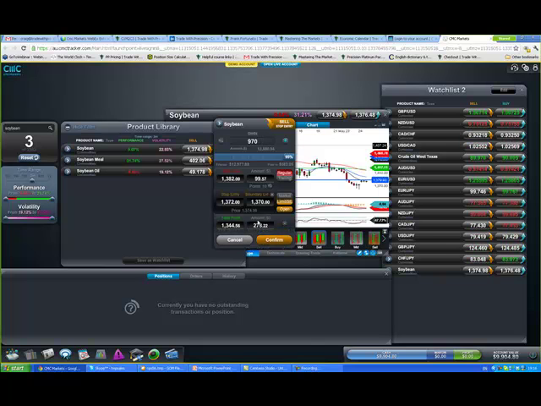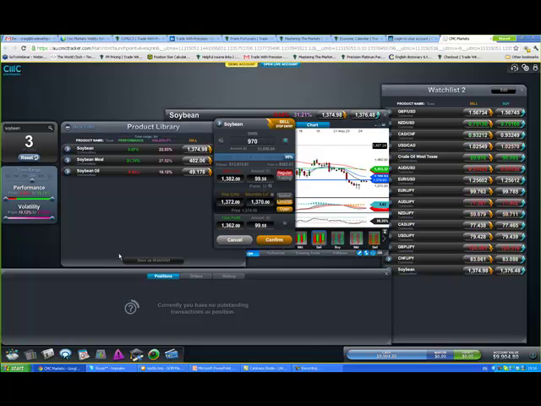Now we want to add in a profit. So on this trade, we're not going to be greedy. We're just going to go for a simple 1-to-1. Now what I mean by 1-to-1 is I've got 10 ticks of risk between my entry and my stop loss, so I'm going to go for 10 ticks of profit, so 1362. And you can see where my take profit is exactly the same as what I'm risking.